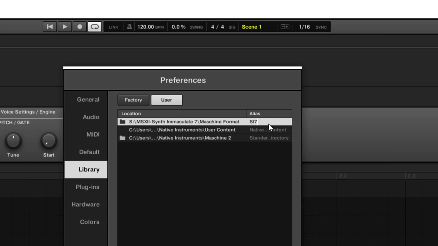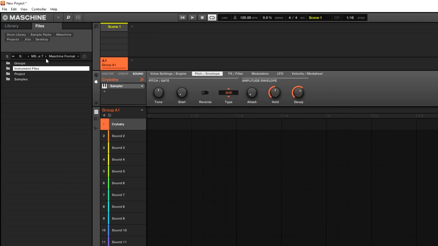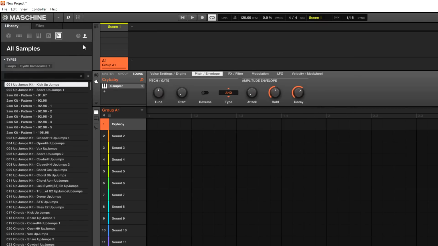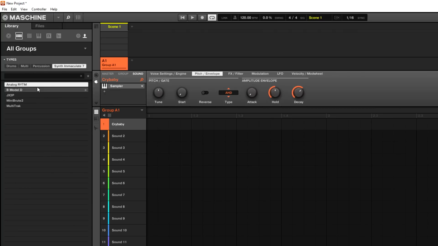Make sure it's all caps. And then just do a rescan. And now if you just want to pull up the patches quickly, they'll be under your user section. So if you go over here, say groups, you can see Synth Immaculate 7. So if you want to play all the Analog Rhythm patches really quickly, you can pull that up,